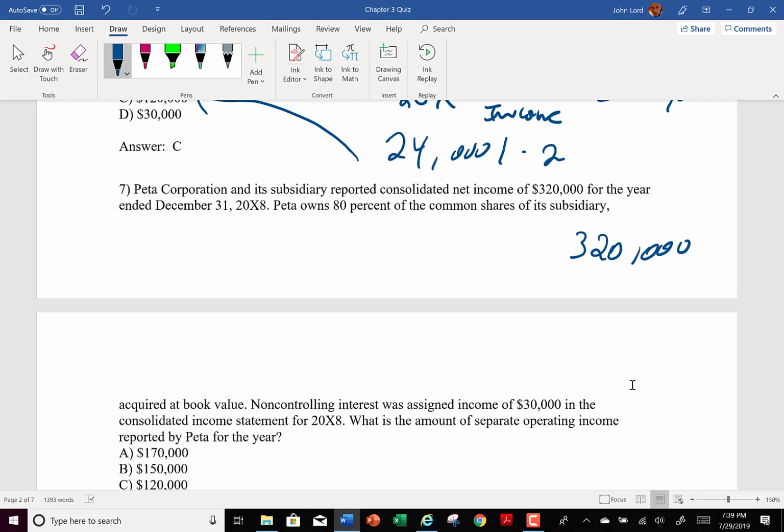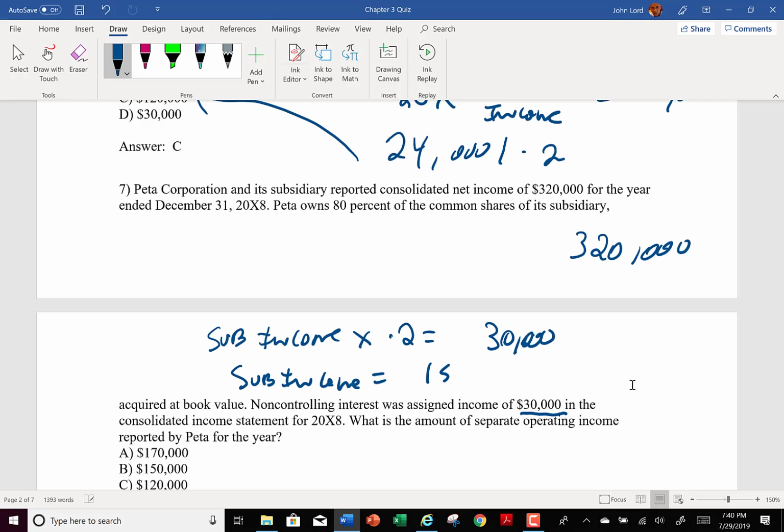Okay, now they tell me that we own 80% of the stock, and non-controlling interest was assigned $30,000. So that means that what? Sub income is going to be 0.3. Is it 0.3 or 0.2? 0.2. And that's going to end up equaling 30,000, isn't it? Right? So to get the sub income, just doing the algebra, guys. I'm not trying to insult anybody's intelligence here by doing algebra, but that gives me 150 is the sub's income,